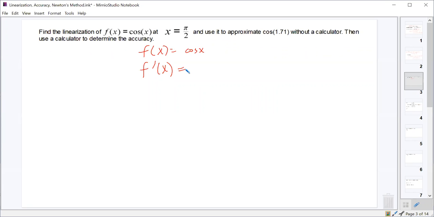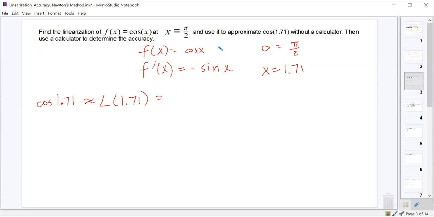Negative sine x. Oh, good. Somebody remembers how to take a basic derivative. Good. All right. And our a value is pi over 2, and our x value is 1.71. And so if we go in here, what do we end up with? We end up with the cosine of 1.71 should be approximately equal to L of 1.71, which is